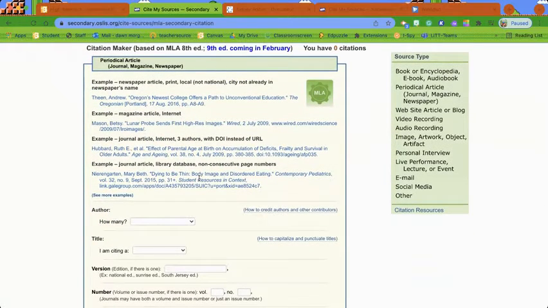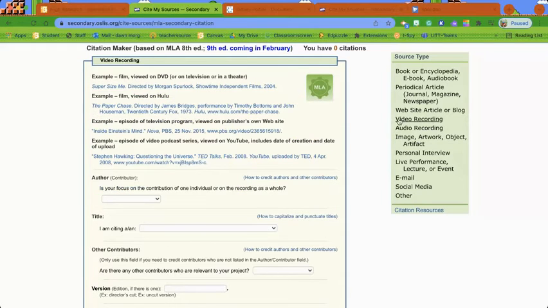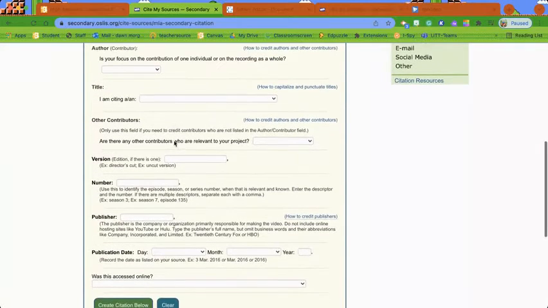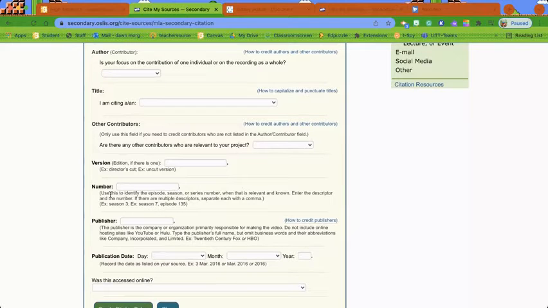But if you didn't, or if you're using actual books or other things that you found, maybe you watched a video or something like that, you can pick one of these other ones. So let's look at video recording. If we click video recording, you can see some examples here. So if you say you were doing something about fast food, maybe you watched the movie Super Size Me, and then you put in, for whatever type of media you're using, all the information that you have,